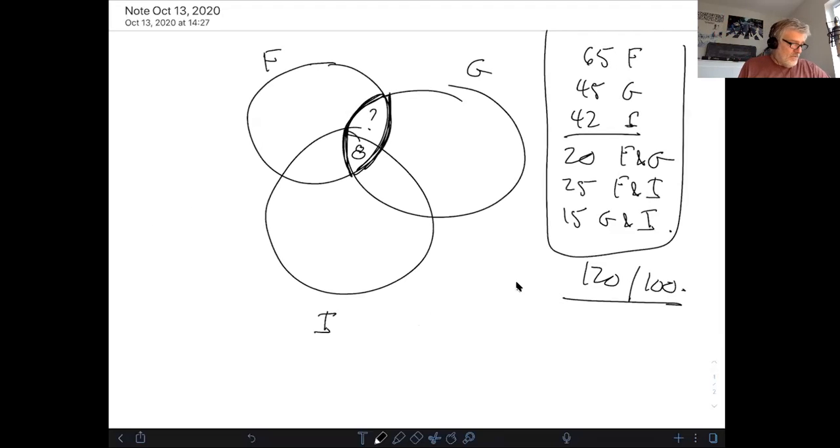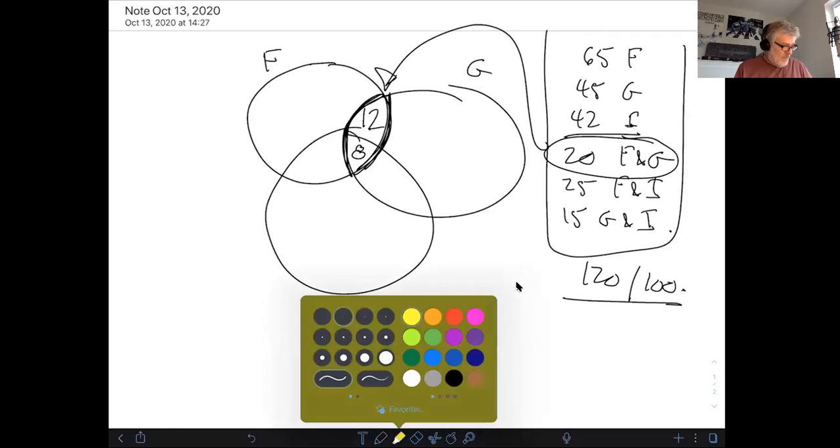And I know that the total number of students studying French and German is 20. So that means that in this region here, I must have 12 students, right? Because it's 20 total in the whole thing here. So I'm going to put that in yellow